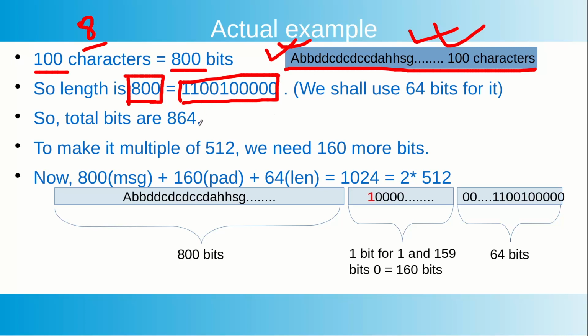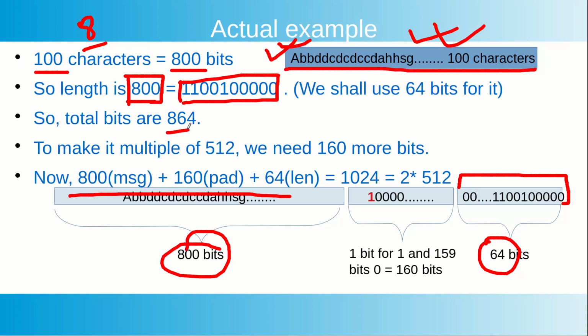Okay. So what am I going to do? I am going to place this character string here. The length of the text I will place here. Again I will take 64 bits. I know that there are only a few bits, 1, 2, 3, 4, 5, 6, 7, 8, 9 and 10. So these 10 bits will be there and remaining all other leading bits will be 0. So altogether this is 64, and this is 800.